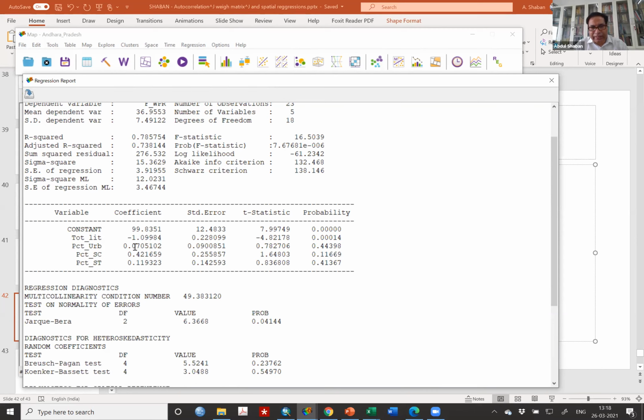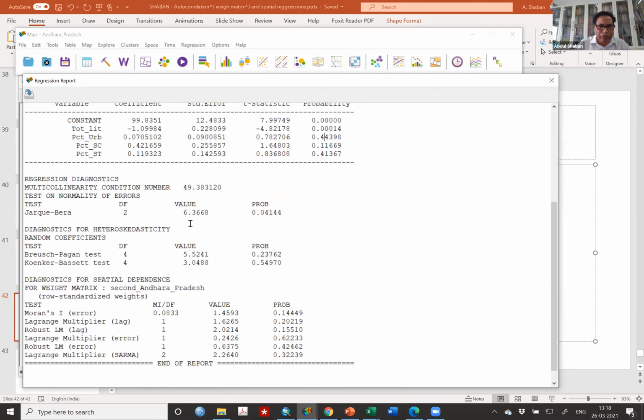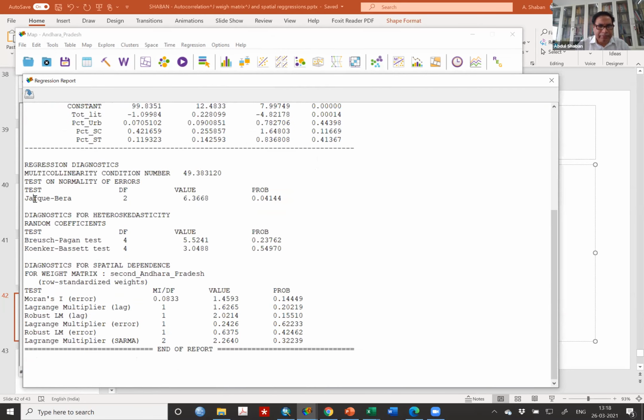And urbanization rate does not actually influence it, because these are not significant. Now come down here. Leave the Jarque-Bera test and other things. Multicollinearity and heteroscedasticity, I'm not going into here. Just come here, something very important.